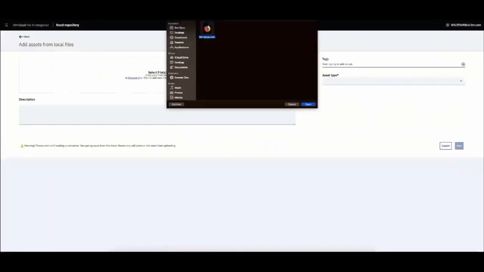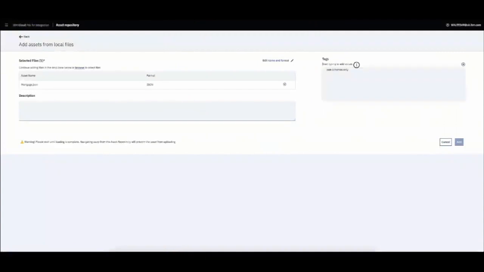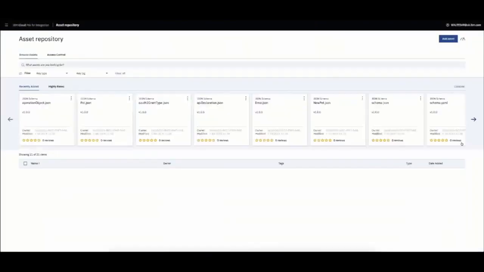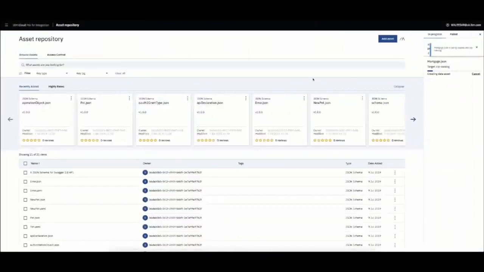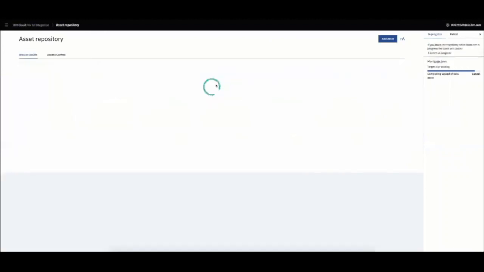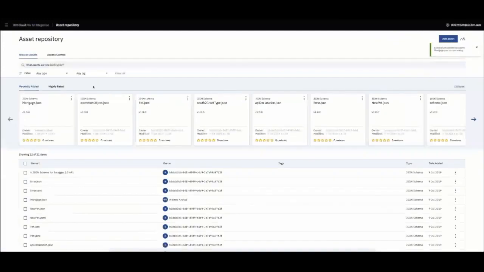And I can browse and use this for a new integration if I want to build a new one off of it as well. But as I mentioned before, I can also collaborate with other developers as I'm building an integration. So it offers a really nice capability to quickly find pre-built and existing integrations, both internal objects and finished objects, and then leverage those with other developers in the organization to reuse to the hilt that I can.